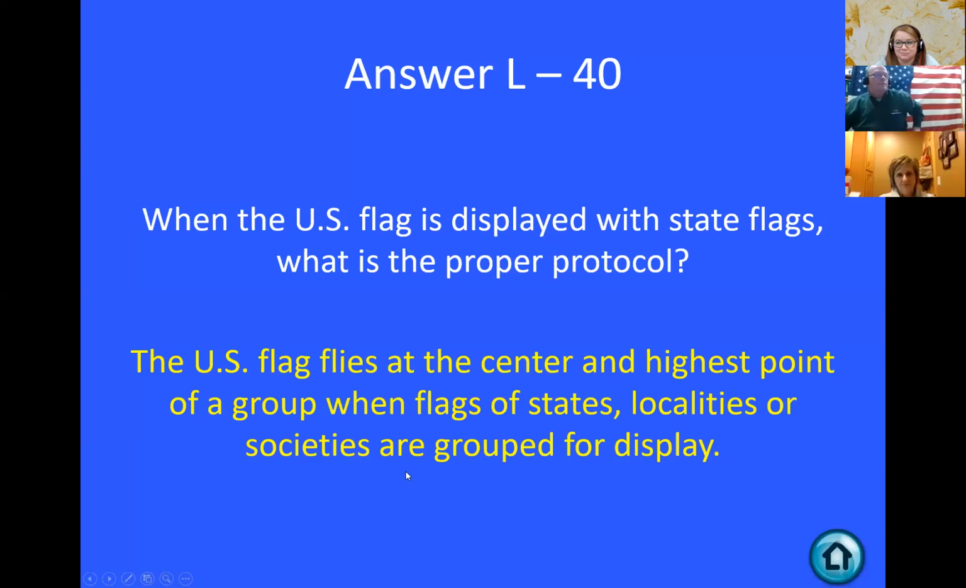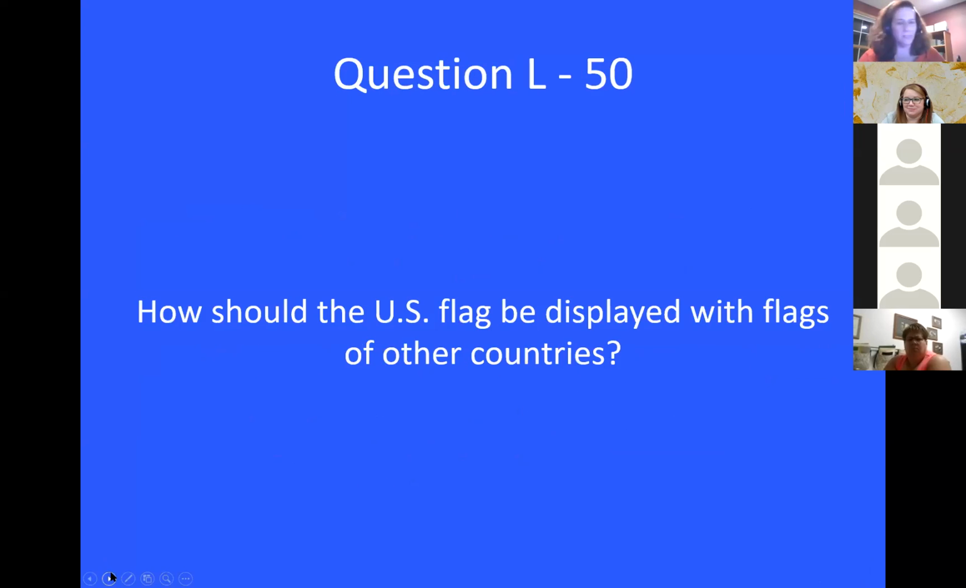Thanks to all of you for putting the answers in the chat too. That's great. We've got some real flag experts with us tonight. Okay, so how should the U.S. flag be displayed with flags of other countries? Anybody have that one? I'm looking at my time, so we'll have just a few more minutes, skip around for a couple, and then wrap this up. And the answer is,